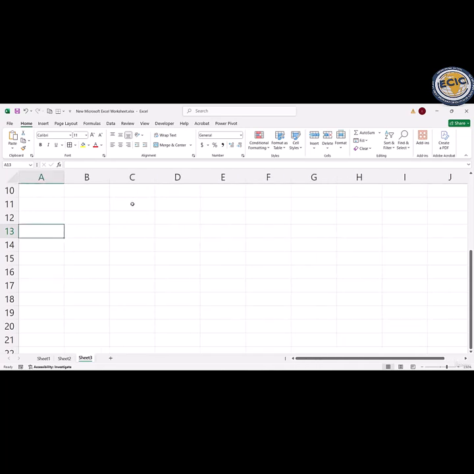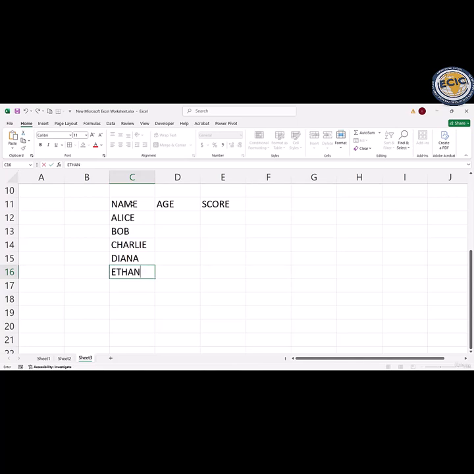So let's get started. At first, I will show you a simple data set. Let's say this is the name column of some students, and this is the age of the students, and I will add the score of the students. If I add some names, let's say Alice, Bob, Charlie, and Gianna, and if I add some ages, like 22 years old, 25, 20, 23, and 21,